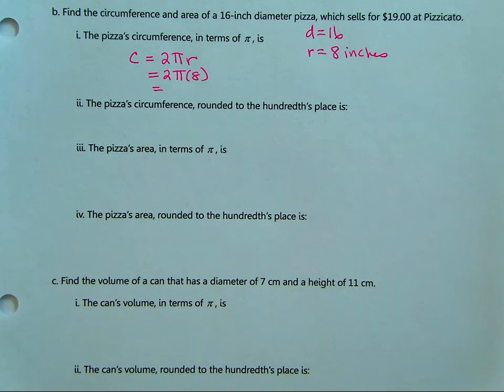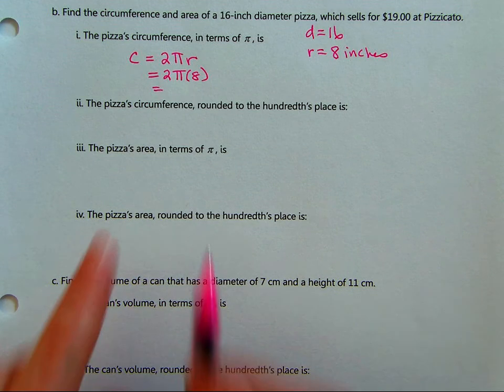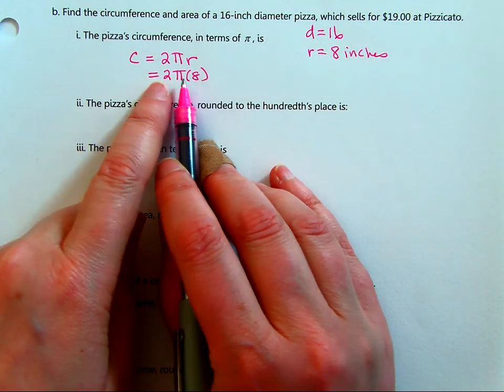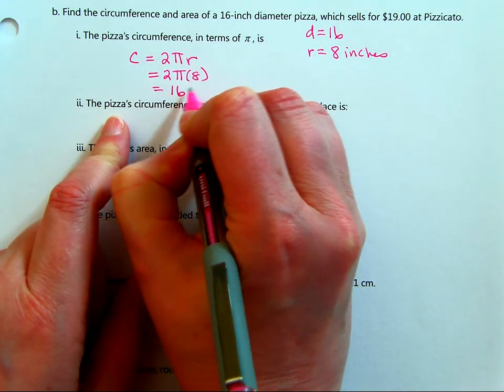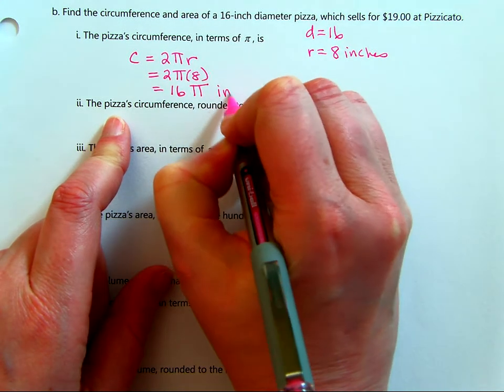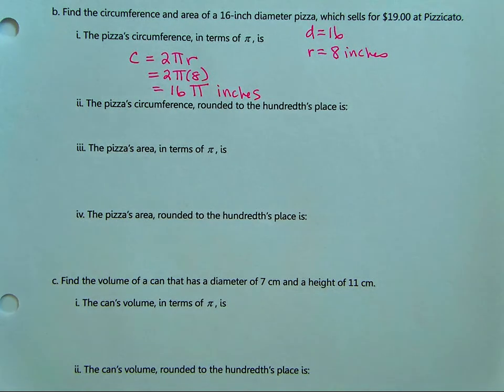Now you might be tempted to go to your calculator at this point, right? I'm going to punch in 2 times pi times 8. But it's going to ask you for the circumference in terms of pi. Once you punch in pi, you're going to get a decimal. Mathematicians like exact answers, and the only way we can represent that is with the symbol pi. So what we're going to do is multiply these two numbers, 2 times 8, because we can do those: 16 pi inches. So in WebWork, you're actually going to write 16 pi.